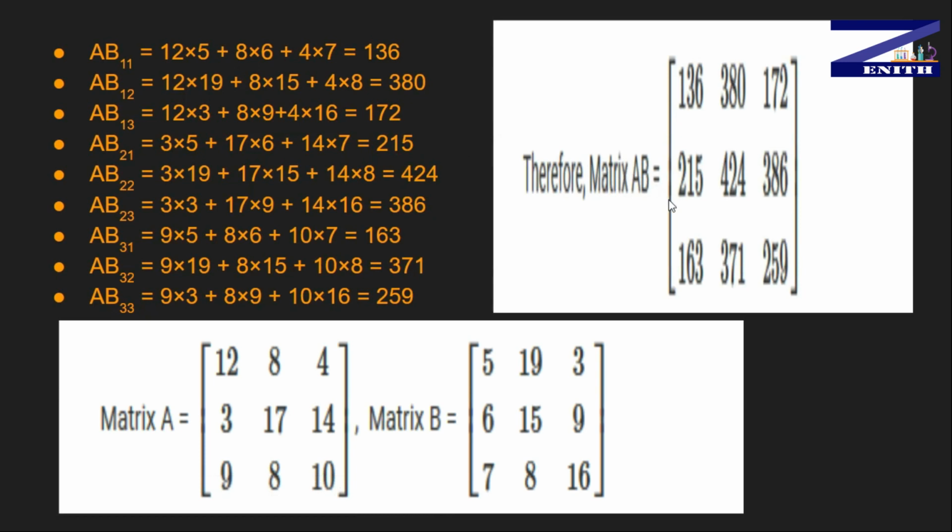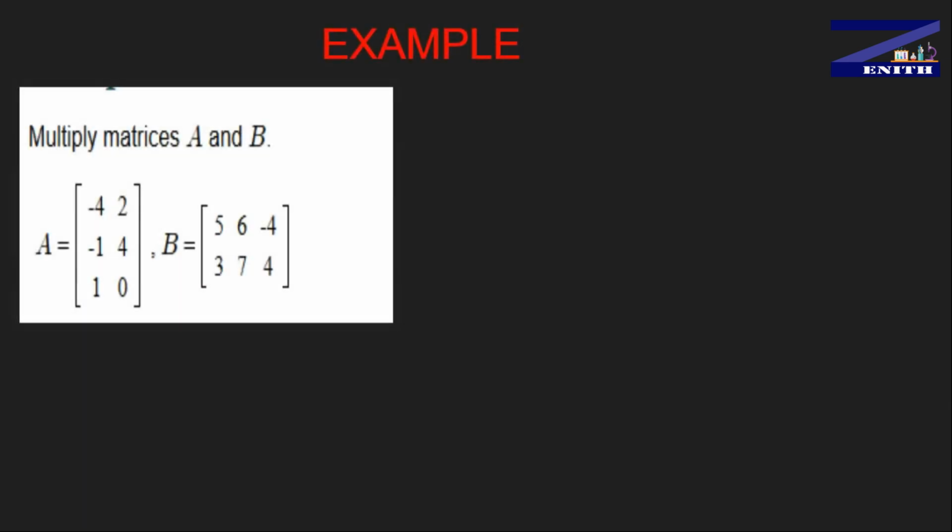Now just see another example. It's a unique example, but a very simple one if you understand all the basic concepts. So here, guys, the example is we have to multiply matrix A and B. You are seeing here that matrix A is a 3 cross 2 matrix. It means that it has 3 rows and 4 columns, while the other one has 2 cross 3 matrix, 2 rows and 3 columns.